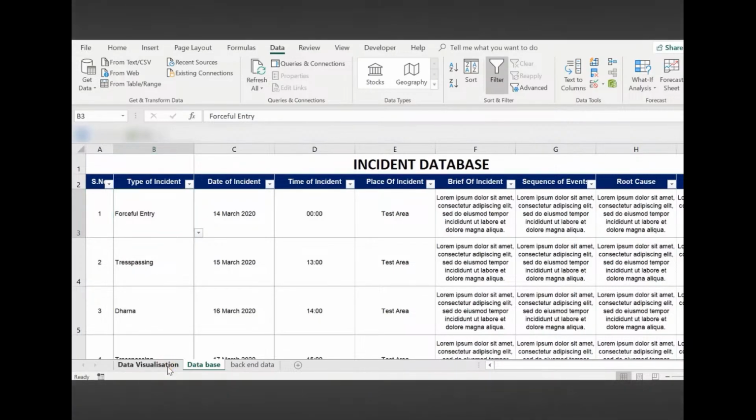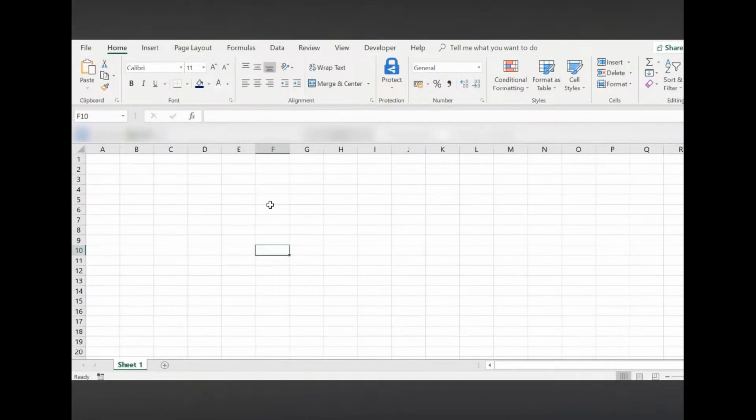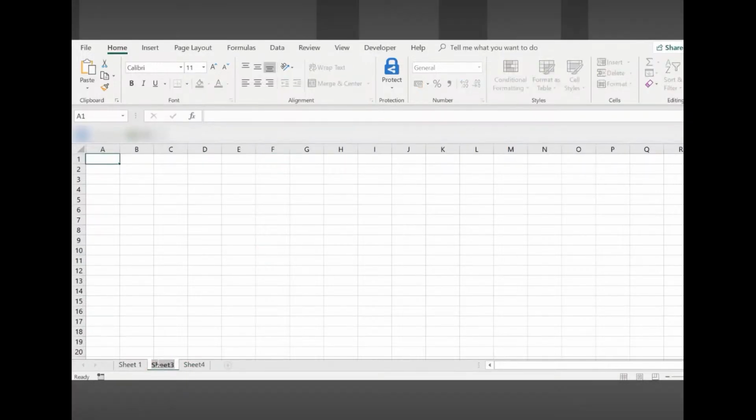So let's begin this video. First of all, we are going to open a new blank Excel sheet. Press Ctrl N and you will be directed to a new blank Excel sheet. In this Excel workbook, we will create three different sheets. There is Sheet 1, and I will create Sheet 2 and Sheet 3,